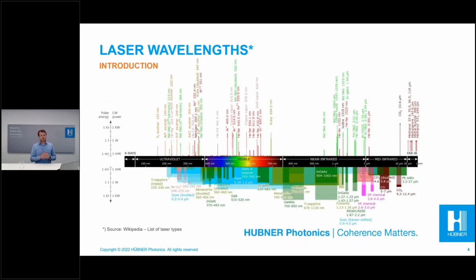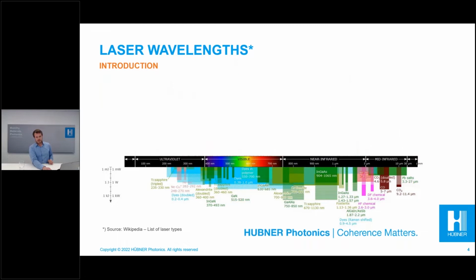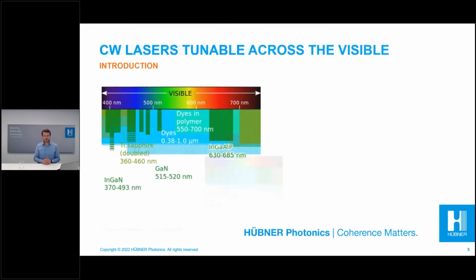So this slide shows an overview of the wavelength of commercially available lasers and gain media. On the top are laser types with distinct laser lines. In the bottom are lasers that can emit in a wavelength range. At first glance, this looks really crowded, but let's have a closer look on tunable lasers. So we skip the distinct lines and then we look at the visible. And if we zoom in, you can see that there are actually not that many choices of gain media in